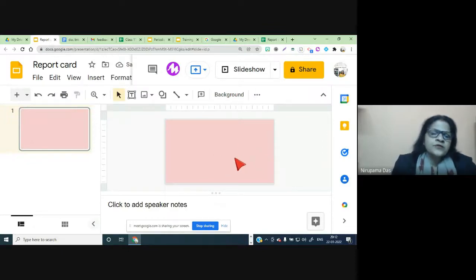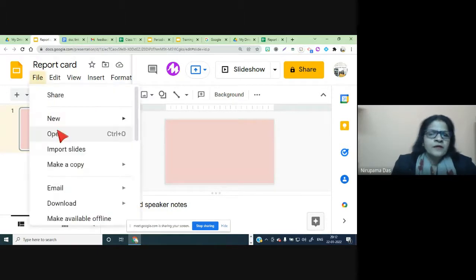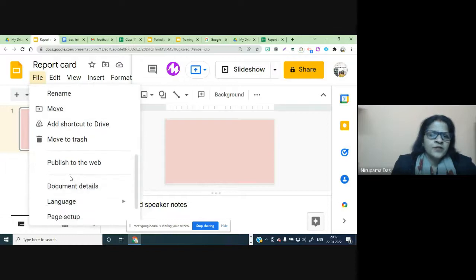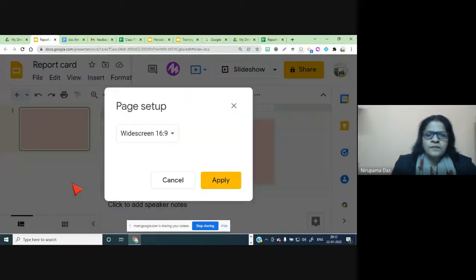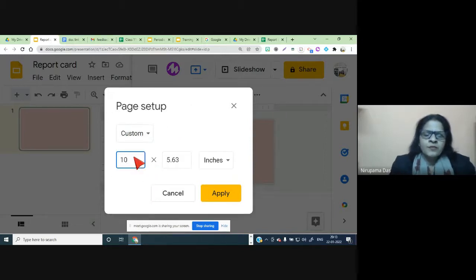Now I want the report card to be not lengthwise. It may be A4 size so that we can write lots of remarks and everything, whatever we require for our school purpose. Go to File and go to Page Setup. If it is widescreen, 16:9 ratio, then it is like this. I just want to take a custom size, maybe approximately A4 size.